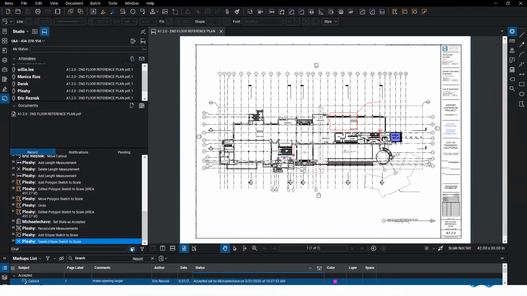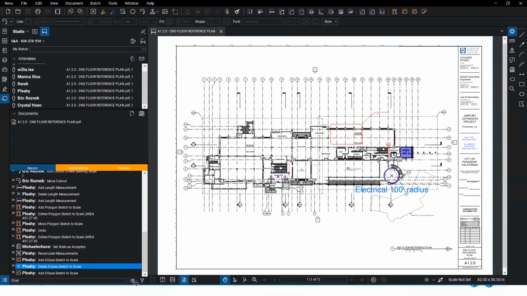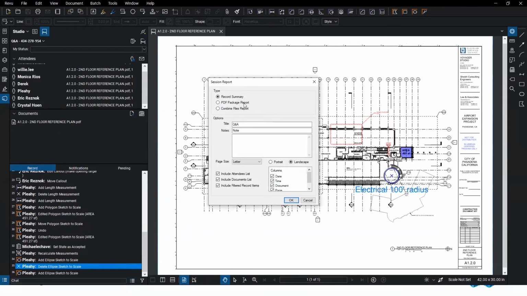So I can go down here to this report area. I'm going to close down my markups list so I have more real estate. It almost looks exactly like the markups list here. If I click it, I can go over here and I have 3 different options. I can create a record report, a PDF package report, or combined files report. So right now, I'm just going to do a PDF package report, which also comes with the record summary report